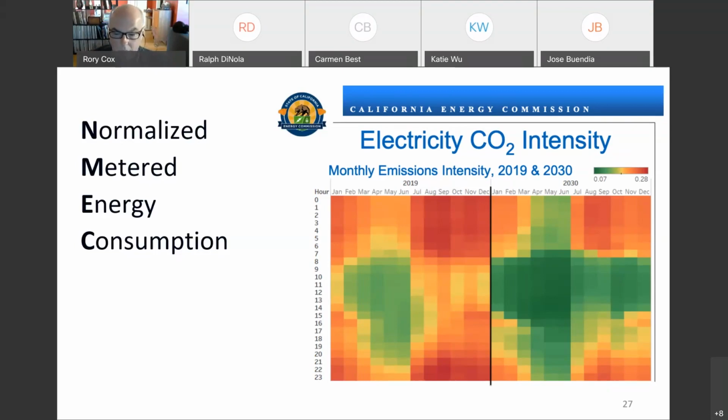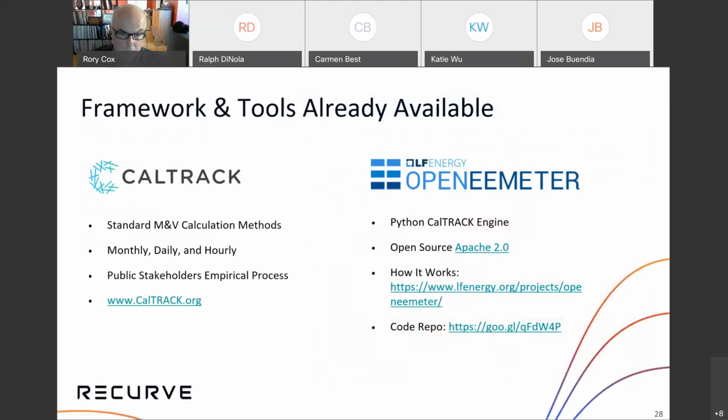Next slide. The Public Utilities Commission has the regulatory authority and the tools to do this now. I'd like to highlight that Caltrac and the OpenEE meter are already being used in the energy efficiency portfolio. They're cited in the IDER pro forma contracts, and they are being used as the foundation for CCA competitive solicitations for DERs right now. So for those who might not be familiar, Caltrac provides a standardized, detailed method for calculating